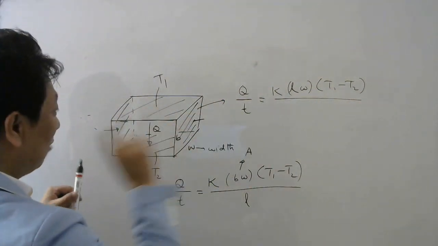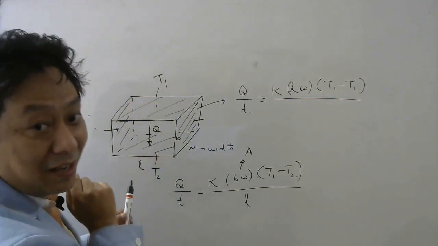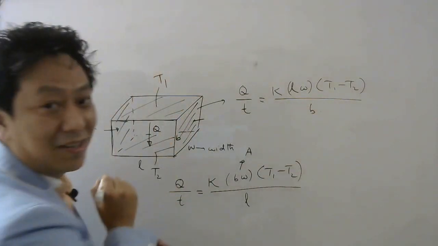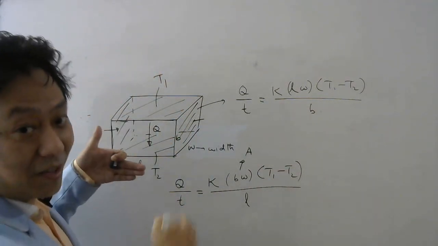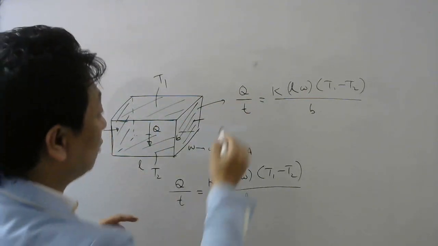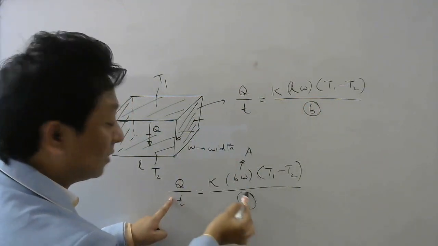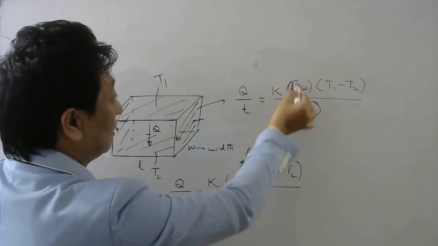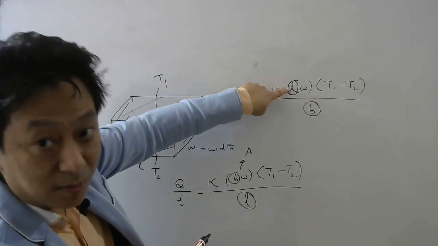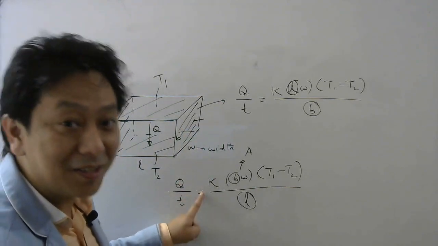Now here the L which we used to write is the one which is parallel to the flow of heat. Which length is parallel to the flow of heat? It's B, right? So we have to write here B, isn't it? Try to do for the front face and the back face. Okay. Now which is more? Obviously this will be more than this, because your B is less, whereas here the length is more. Also here the length is more and the breadth is less. So in this case, because the numerator is more and denominator is less, this rate of flow will be more than this rate of flow, right?